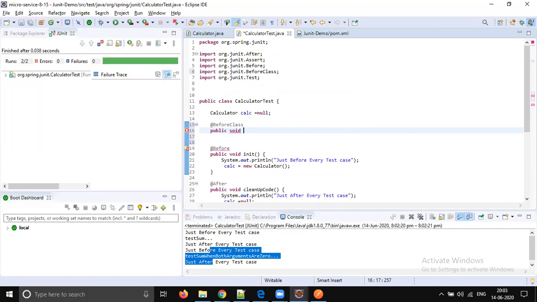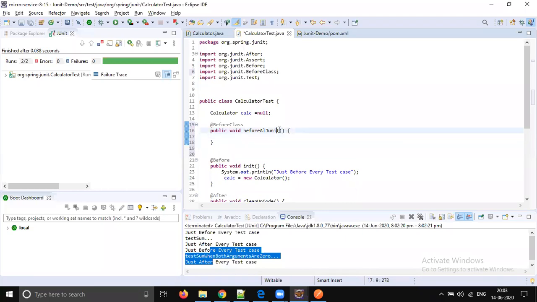So public void beforeAllJUnits will be executed only once, just before executing all the JUnit methods.